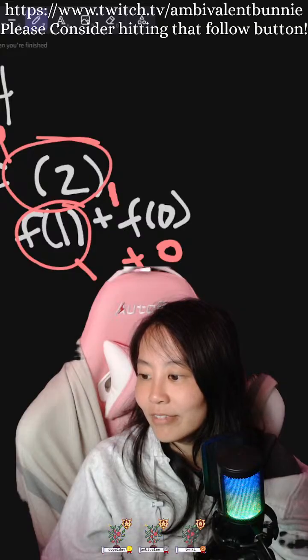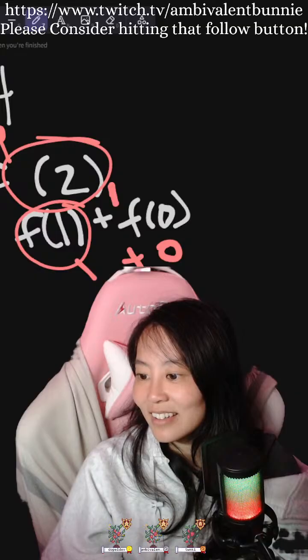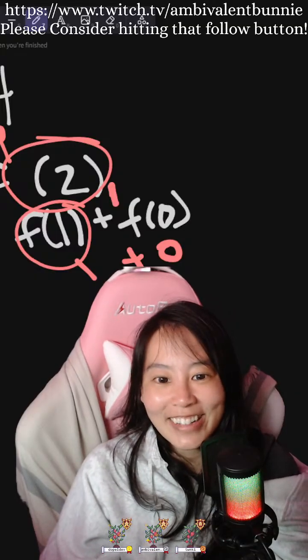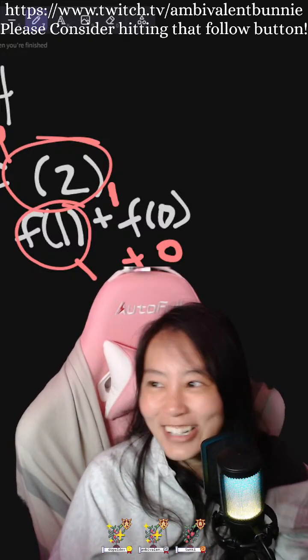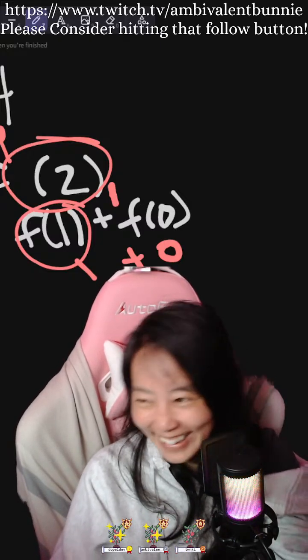Okay, what if we didn't want to use extra space? Hard code it and then just look up the index.